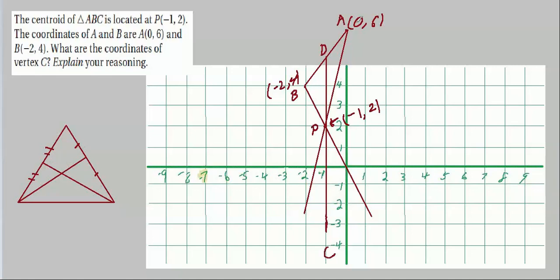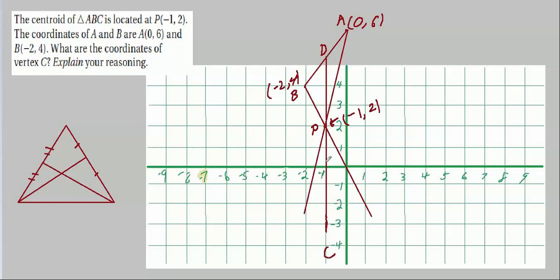So if I label these, this line I drew in here represents a median from this vertex to the midpoint of a side that we haven't figured out yet. We don't know what the orientation or the length of this side is, but we do know it has to cross this median. Same thing over here. I just went ahead and drew them in. And here's the one